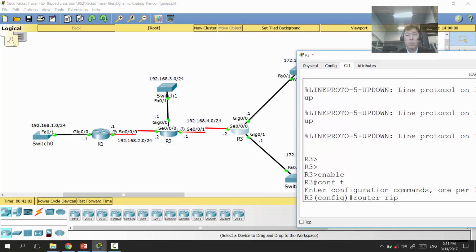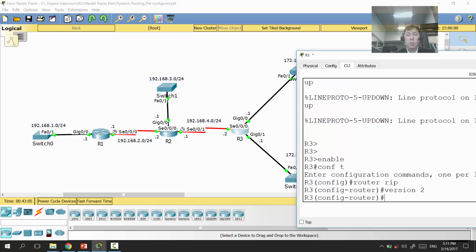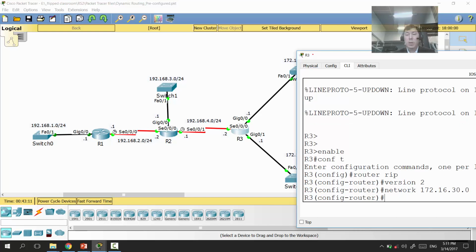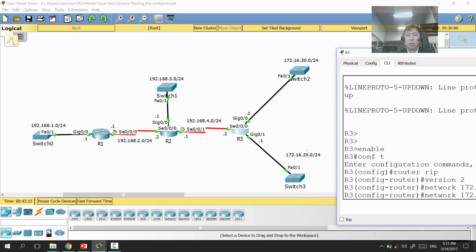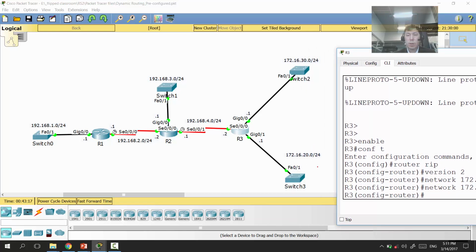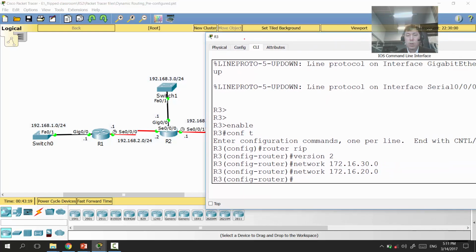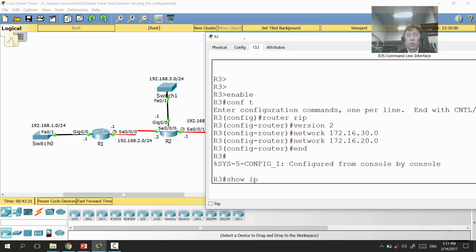First of all, we'll change the version to 2, and then we'll define networks 172.168.30.0 and 172.168.20.0. So here they are, 30 and 20. Now, we will check the routing table